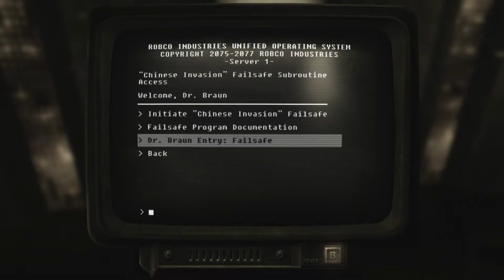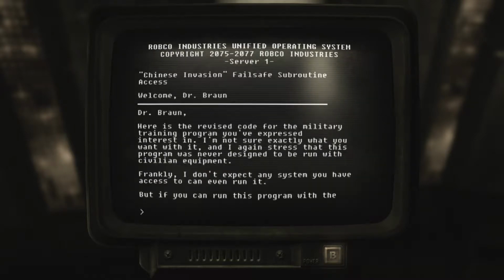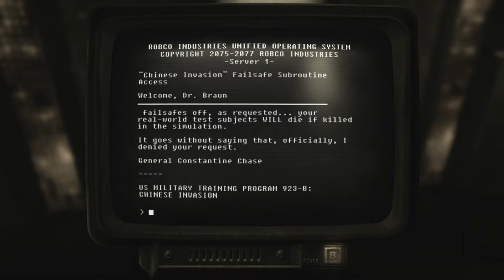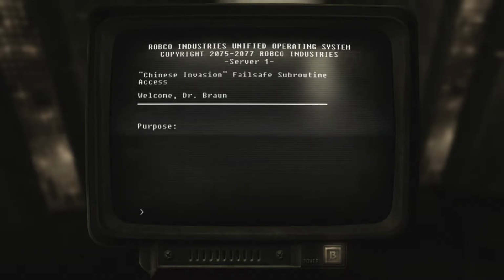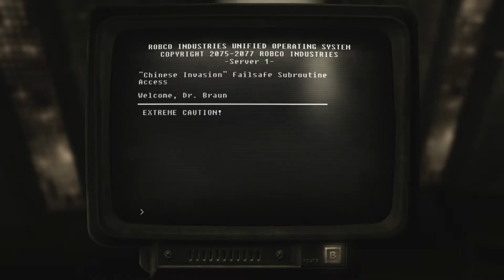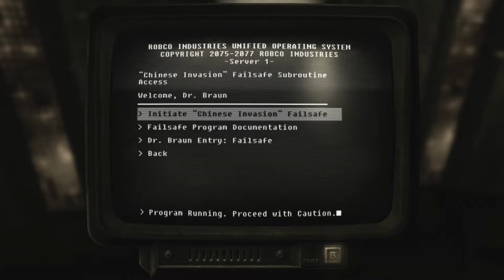The failsafe itself is designed to simulate a communist incursion on US soil, so now you have a tough choice to make. Should you let Dr. Braun continue with the simulation, where he will forever be sadistically murdering the occupants over and over for his entertainment until the end of time, or activate the failsafe, which will permanently kill everyone in the simulation in real life, but at least they won't have to deal with Dr. Braun's constant torment? The game seems to think the second option is the right one, since it gives you positive karma for that, and I think I would agree. So you call in the Chinese invasion force,